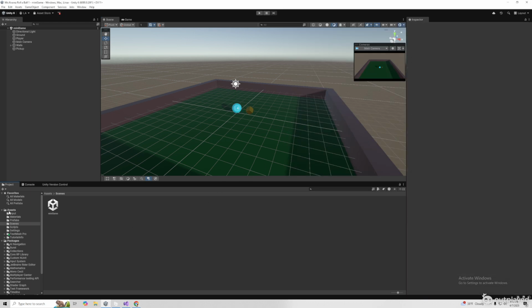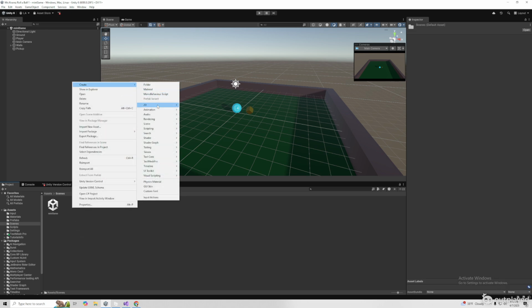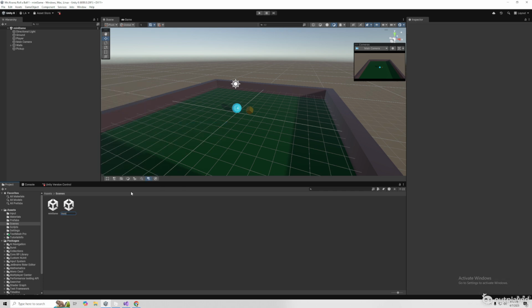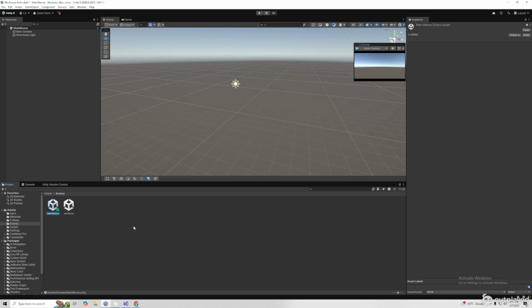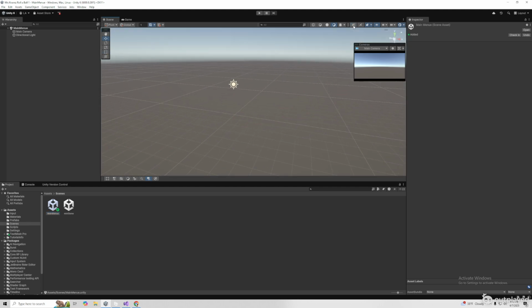So I'm going to go to my assets folder, and I'm going to go to my scenes folder, and I'm going to make sure to create a new scene, and I'm going to call it main menu. Now, I'm going to open up my main menu. Once I'm in my main menu, I can click 2D over here. And since I'm working on a UI, it's going to be a 2D thing I'm viewing,